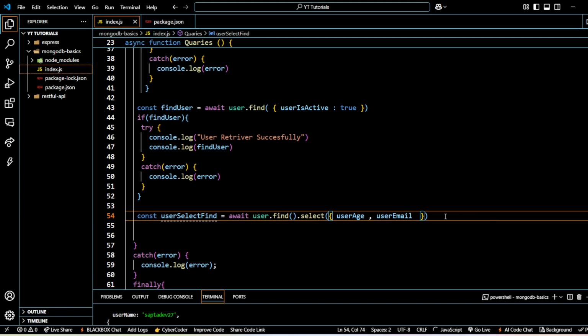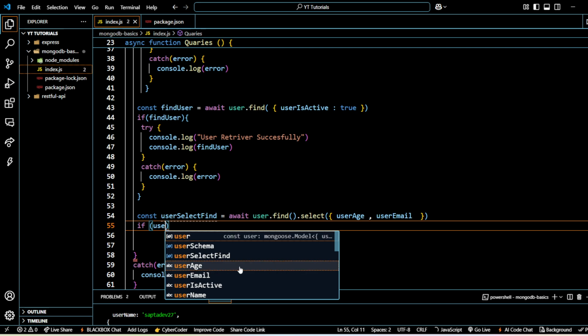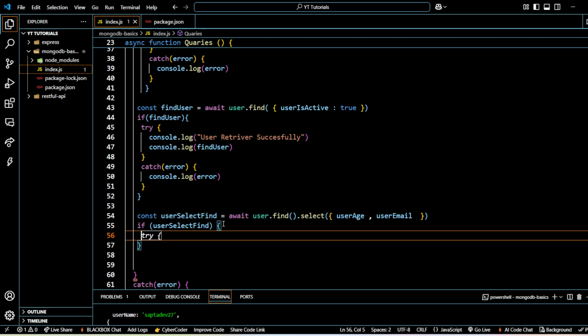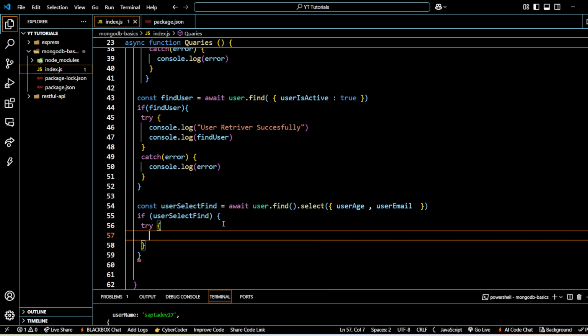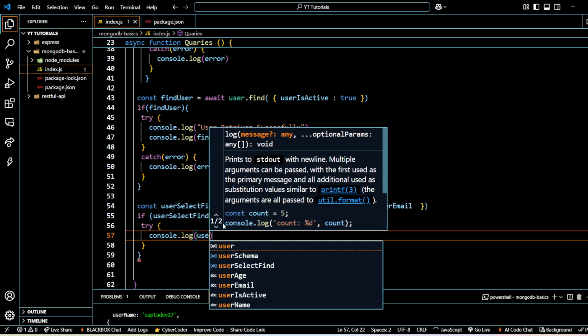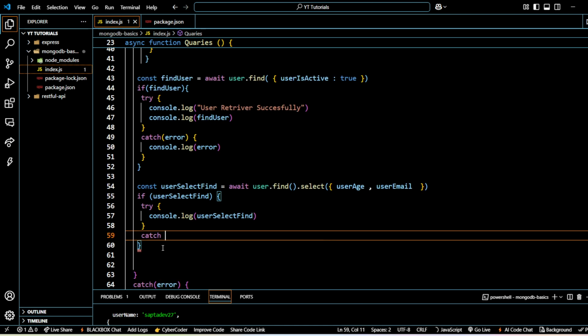So if we do this, we will do the same simple thing again: users select, users select find. If the users exist, like if there is no error, then it will come in the try block, and we will console.log user select find, and inside the catch block